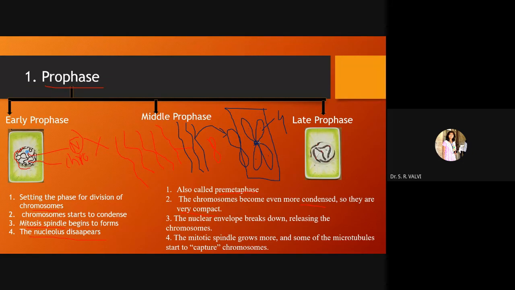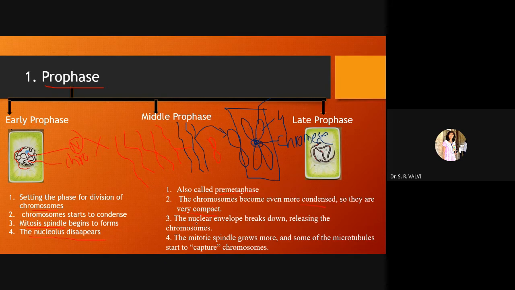This is the centrally placed portion. This is called what? Centromere. Whatever the centrally placed portion, this is the centromere which holds the chromatids, right? These are the chromatids. Please do remember, I will not write the name over there. These are the chromatids, this is the centromere, right? And likewise from these thin threads the chromosome is going to form. So hence we have written over here, it is even more condensed, and they are very compact.